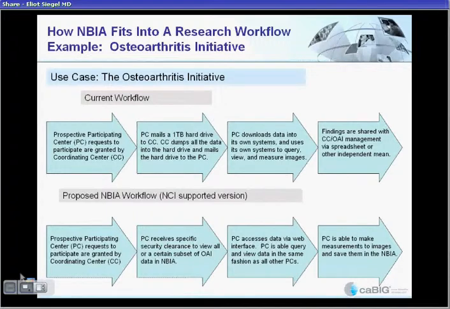This creates a number of problems, including the need to install and deinstall a hard drive, an external or internal hard drive, and the relatively long period of time that it takes to actually mail one of those, and the costs associated with it as well. And so our new workflow for the Osteoarthritis Initiative is to allow those who are interested in obtaining images from that initiative to be able to sign on to an interactive web portal or website